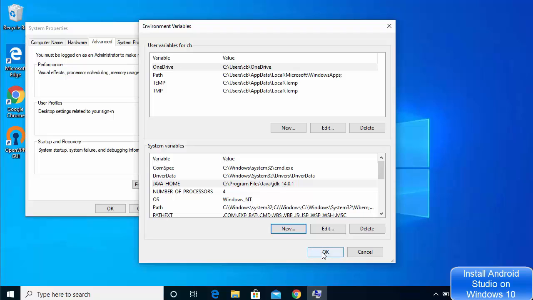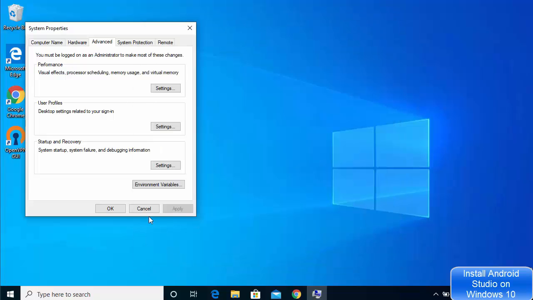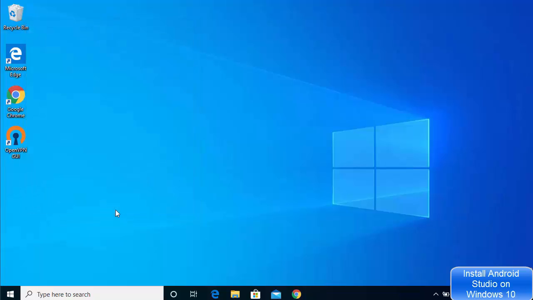Once you are done with this, just click on OK and then click on OK. So this means that Java home variable and Java environment variable is added into your environment variables. Now what we are going to do is we are going to check whether Java command is working with our